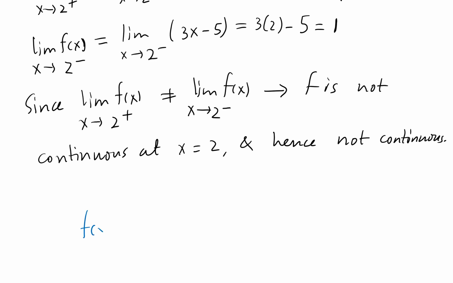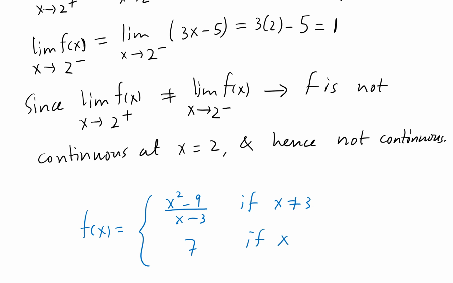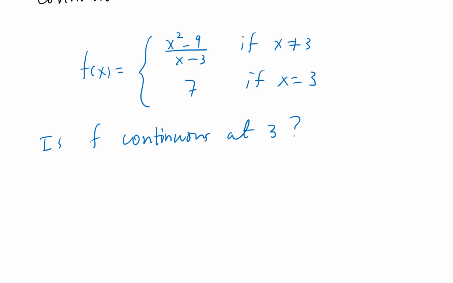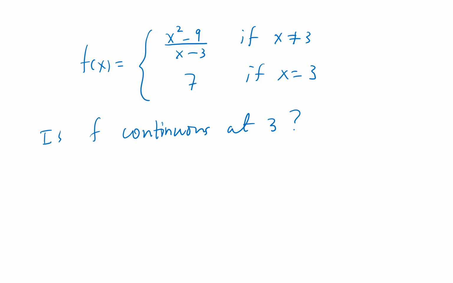One other example, let's say we have this piecewise function: x squared minus 9 over x minus 3 if x is not 3, and 7 if x equals 3. Is f continuous at 3, meaning x equals 3? We have to find the limit. So if we try to find the limit as x approaches 3 from the right side of f of x,